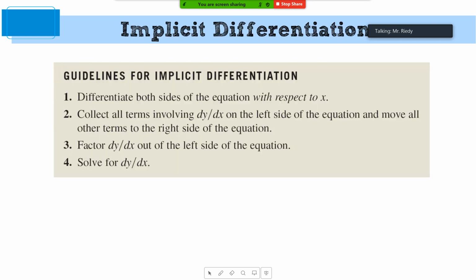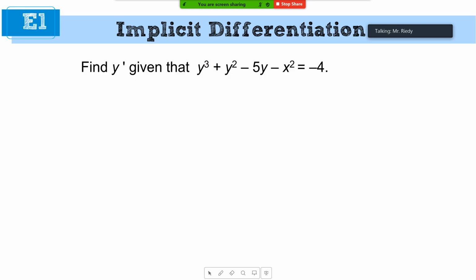Okay, so let's skip the technique and let's go to the function here. It's not even a function, it's an equation. You'll notice that I've got some y cubed, some y squareds, all this other business. If I had given you a function like this, okay, and I asked you to take the derivative of that lovely line in, what is that, general form,